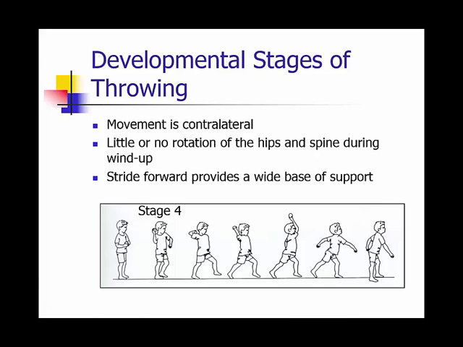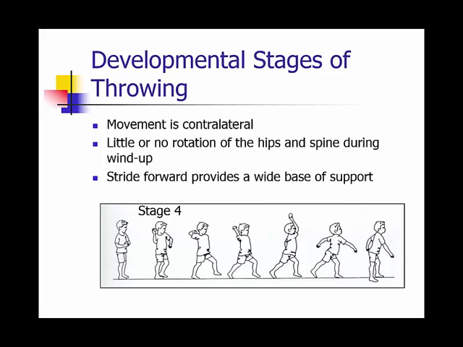And then we move on to stage 4, where the big step here is that the movement is now contralateral. You can see on the diagram it's the opposite foot to the arm, so there's a step. However, there's still little or no rotation of the hips during the wind-up phase. Therefore, the movement of the trunk and the arm closely resembles the motions of stages 1 and 2. The stride forward with that contralateral leg provides a wide base of support and greater stability during the force production